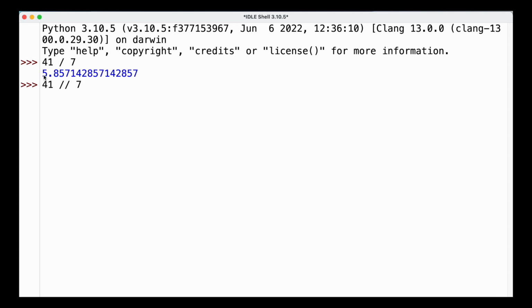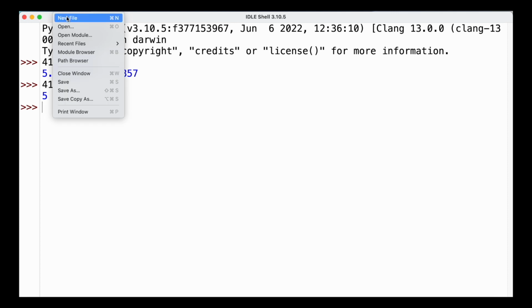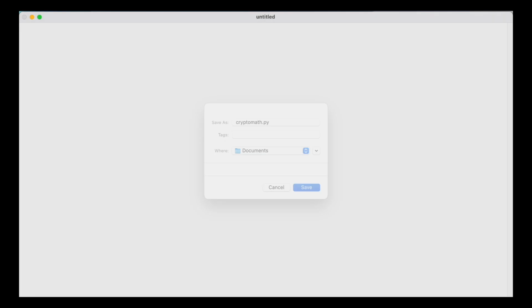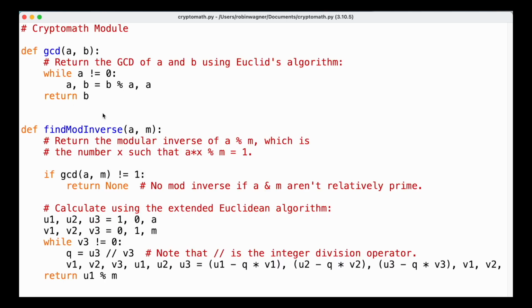So in this case here, we would get back a value of 5 because we are rounding down to the nearest integer. Now we covered quite a bit of math in order to calculate the greatest common divisor and to find the modular inverses. We can write ourselves a helper script, and for that we can create a new file and save this as cryptomath.py, and here we can include the code for greatest common divisor and also to calculate the modular inverse. So here we have our code for the greatest common divisor and to find the modular inverse,